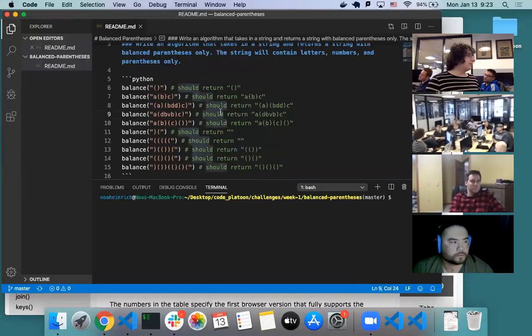It's interesting because if you look online for this problem, usually it's just returning a Boolean, is this balanced or not? But we're kind of taking this another step further and saying we want to return a string which only has these and rejects any that are unbalanced. So we can do it